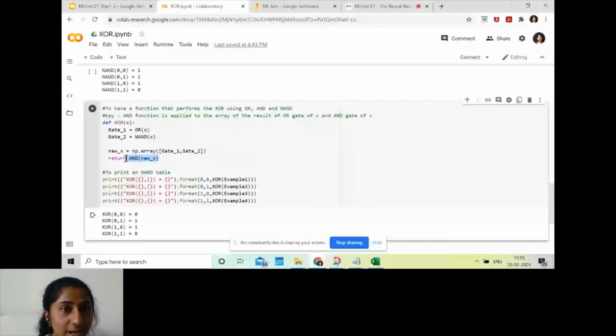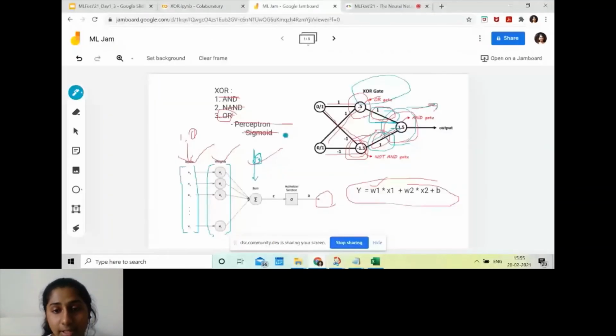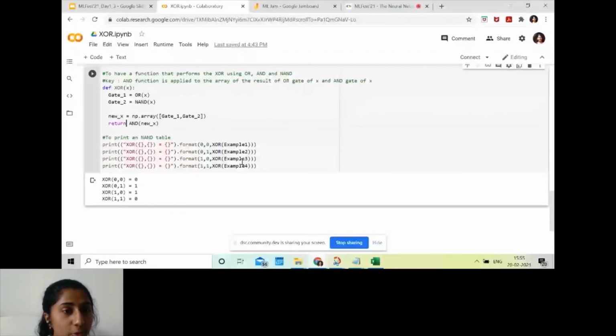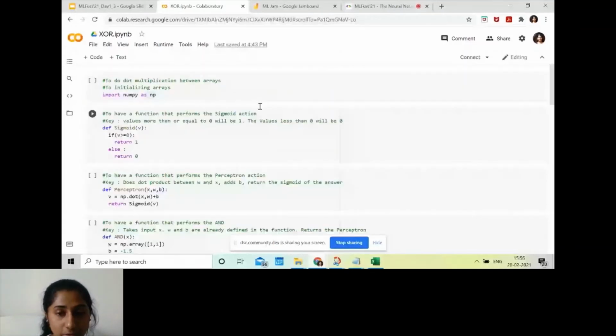So as you can see, our XOR gate has 2 layers of perceptron, and it is known as the multi-layer perceptron concept. And in our XOR gate, you can see that the similar values give 0 and the different values give 1. So this is how the XOR gate works. So if you want a recap, I can repeat it again. Any doubts?